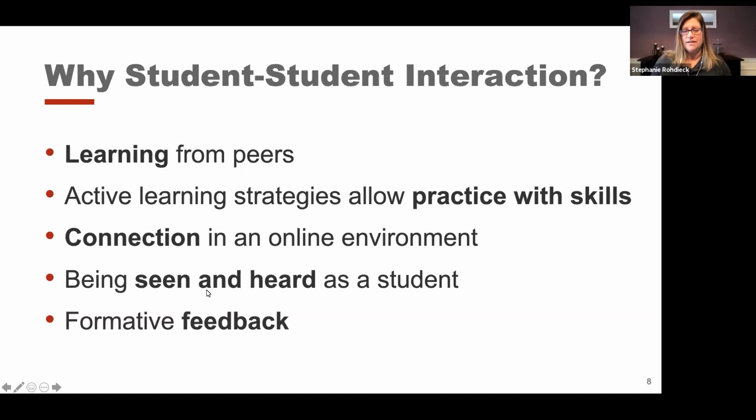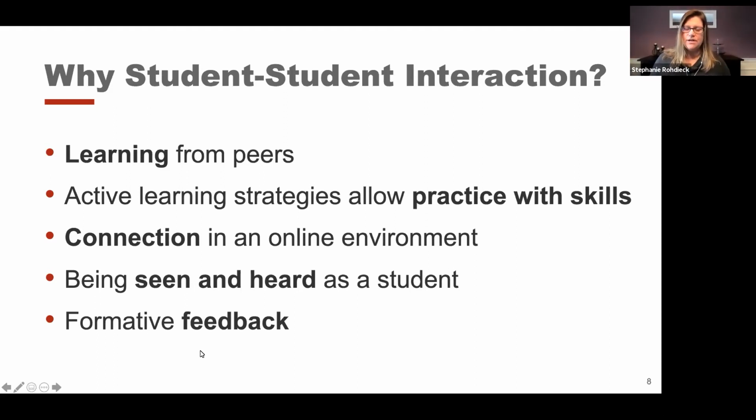But because we're in an online environment, it is also incredibly useful to find ways to connect in this online environment when we're all sitting at home, for example. And part of that connection is just being seen and heard, which is important for all of us, but particularly for those of us who are teaching and thinking about our students. It's hard being at such a large university, and it's hard now being in a pandemic and online. So as much as we can find ways to get students to talk to each other and talk to us, they feel seen and heard, and that will help their learning.